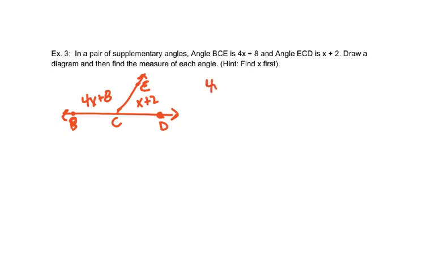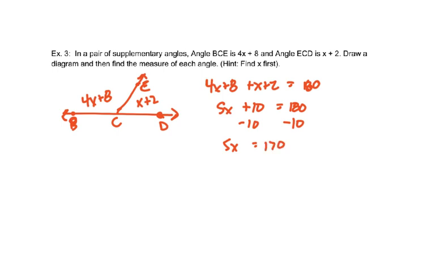So 4x plus 8 plus x plus 2 equals 180 because they make a straight line together. So 5x plus 10 equals 180, minus 10, 5x equals 170, divide by 5, x equals 34, plug it in,